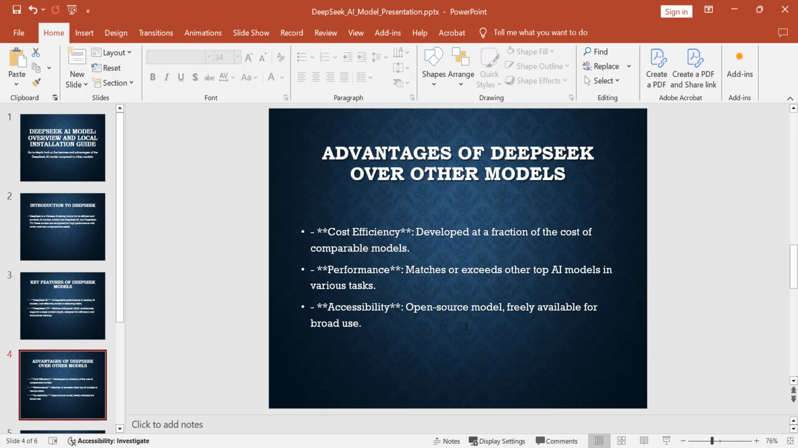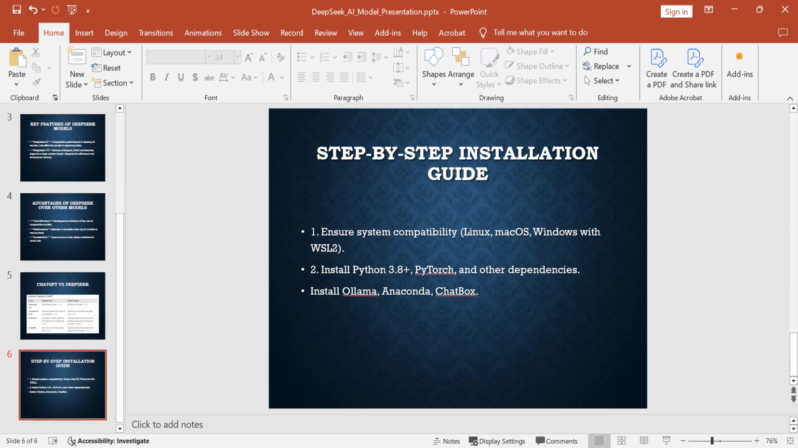Advantages include cost efficiency, developed at a fraction of the cost of comparable models. It was built on around $6 million, but ChatGPT and Claude and the other different models that we have are built on billions of dollars of investment from companies. Performance matches or exceeds top AI models in various tasks. Accessibility: open source model, freely available for broad use. Okay, so now